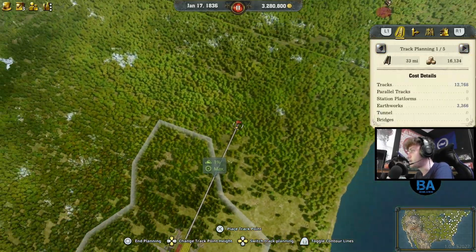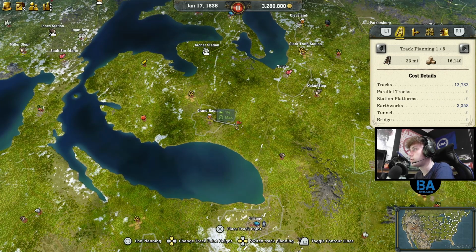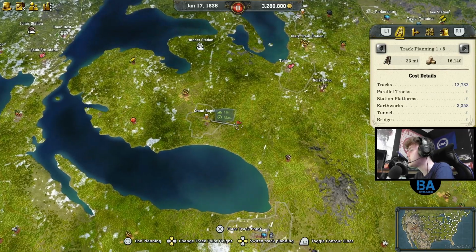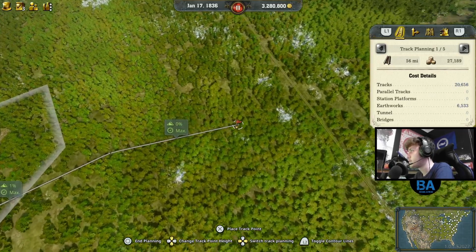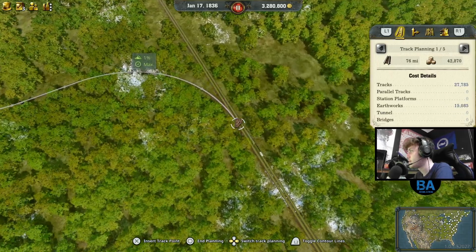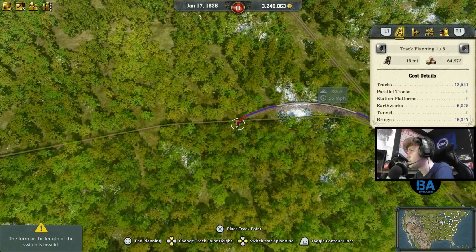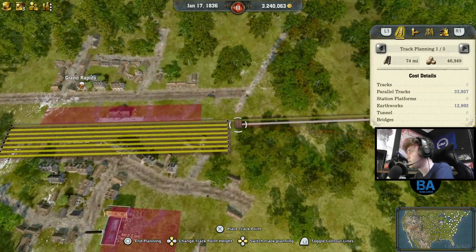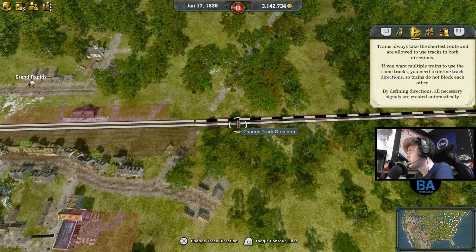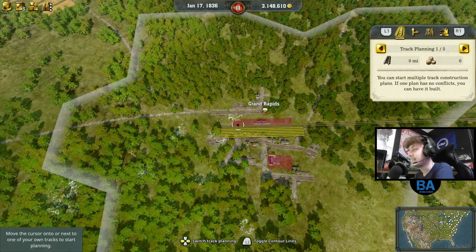That probably doesn't need much, does it? Because there's not really anywhere else it can go. Unless we have a bridge off to Sault Ste. Marie. I've got an idea, actually. I've got an idea. You're probably thinking, oh no, what's he going to do? I've got an idea. I think it's actually probably quite an alright idea as well. What if we...